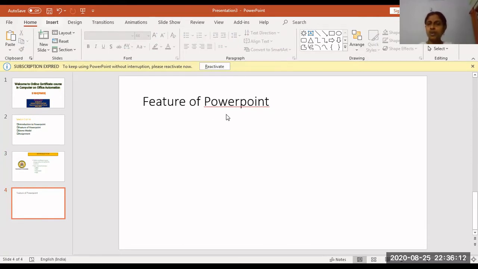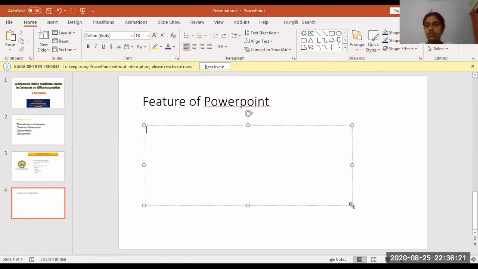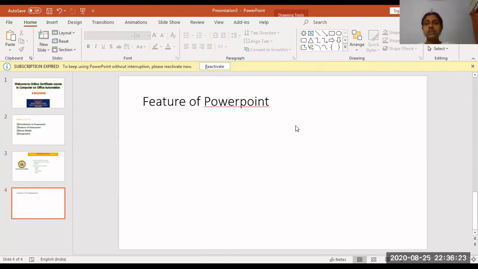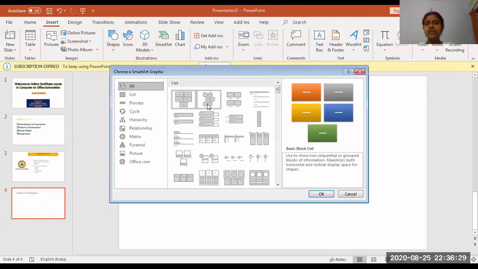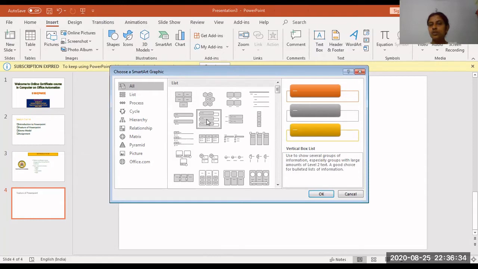You can type, or if you want to type in a plain slide, you have to go for a text box, place it and type. This is one option. Apart from that, I want to use some 3D models, and for that, go to Insert, go to SmartArt. And you see features, you can include like this also. You can select like this and include features.